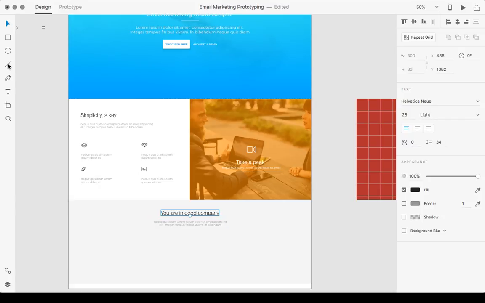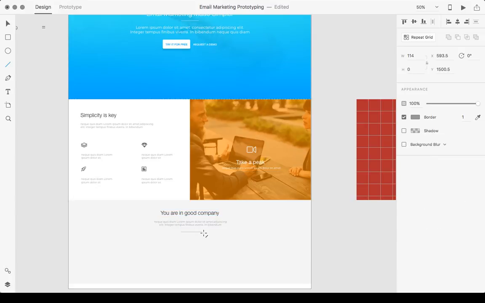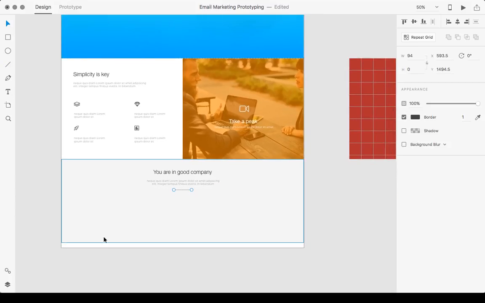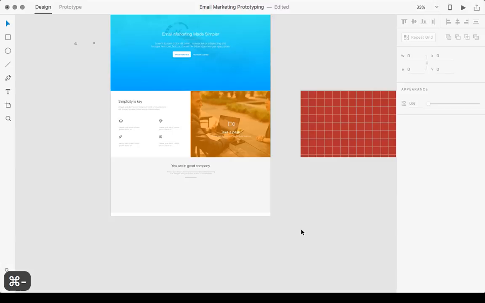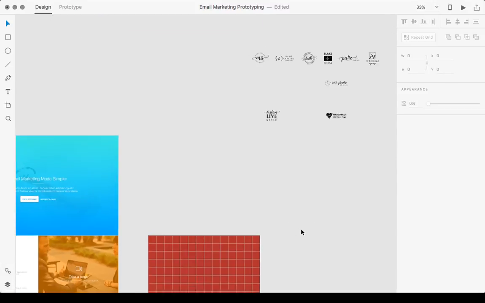And then another thing that we can do is to have a little divider. I'm a fan of dividers, I love them. And give this something like that, which is the colors that we're using. Okay, and then let's get our